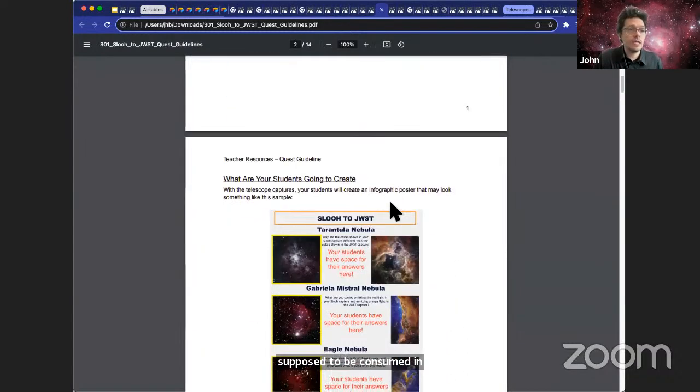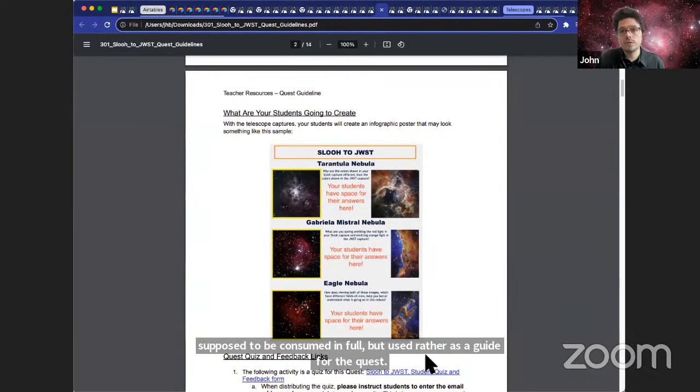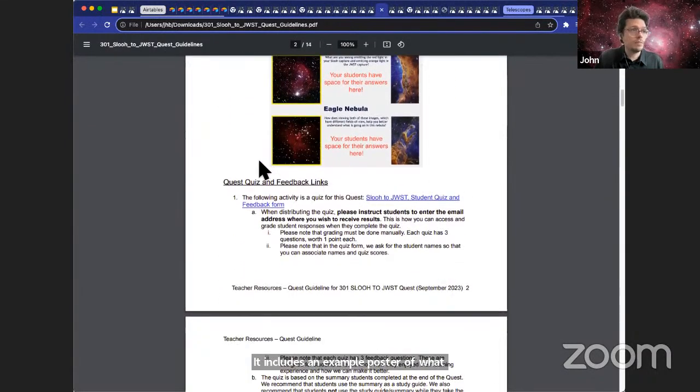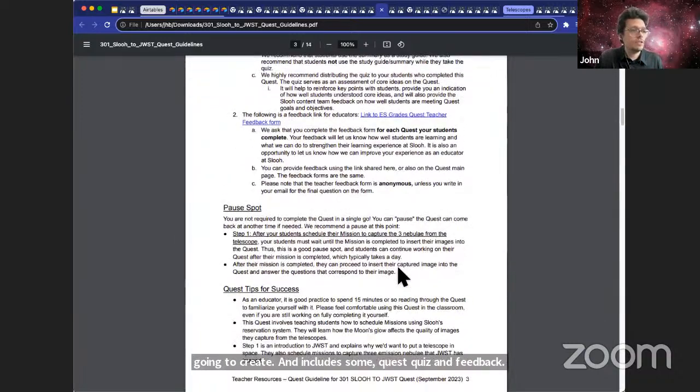It includes an example poster of what your students are going to create. It includes some quest quiz and feedback links. It also includes pause spots for